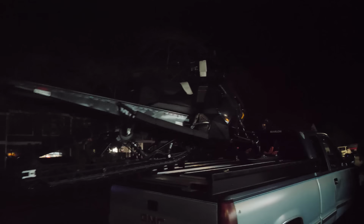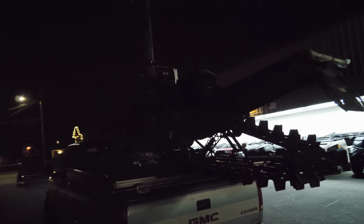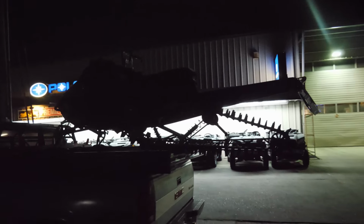Really grainy shot right now because I have the ISO up so high, but it's finally here. It's finally here. I cannot wait to ride. We got a lot of plans for this thing. It hangs off a little bit, but